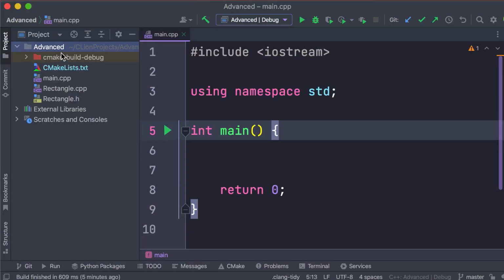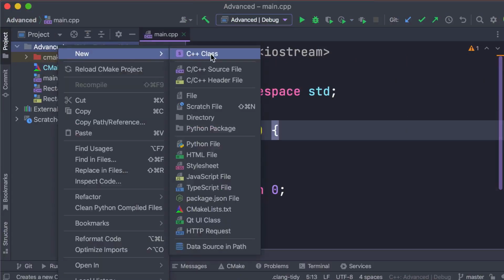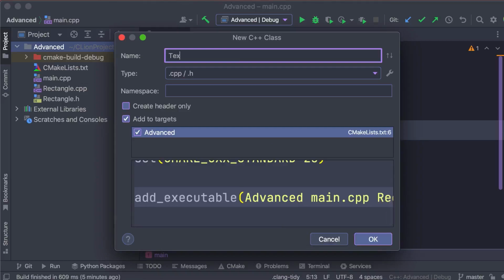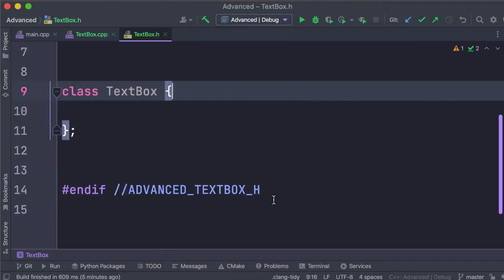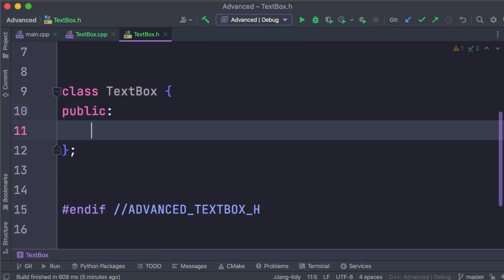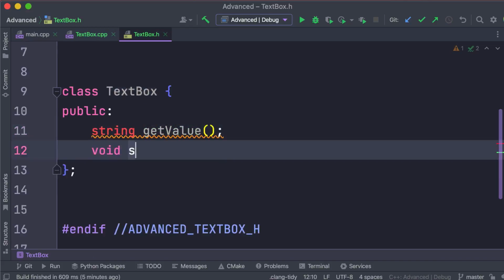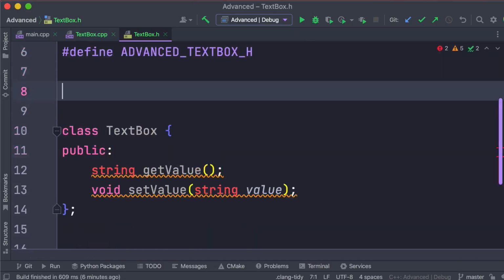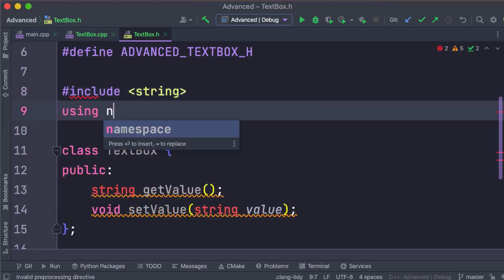All right, so here in our project, we're going to add a new C++ class called textbox. Now, in our class declaration, first we should list the public members. So here we have two functions, string getValue and void setValue that takes a string. Now, because we're using the string class, we need to include its header file on the top and use the